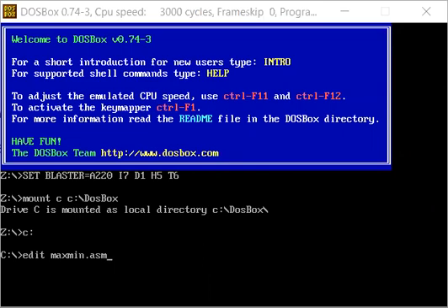First, by feeding a set of integers to the data segment, we wish to find the maximum and minimum of the numbers. We begin by using 3 instructions for file creation. In file creation, first we mount the C drive, which contains the program, to a local directory. Then we shift control to the C drive. By using edit maximum.asm, the file contains the assembly code for the maximum and minimum of a number.